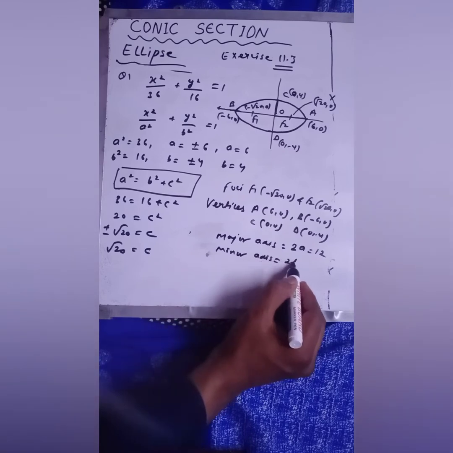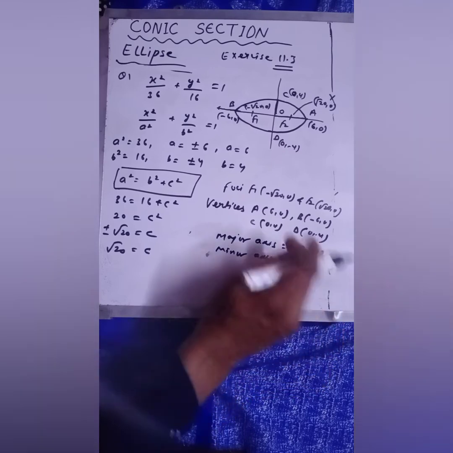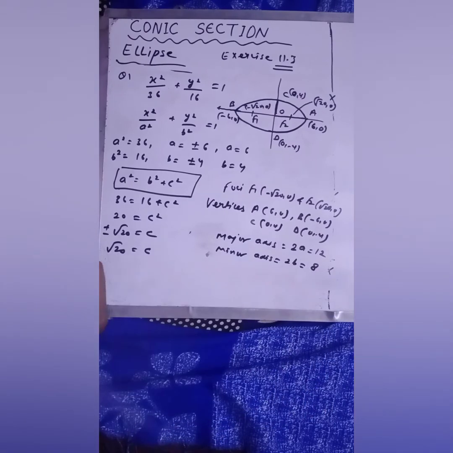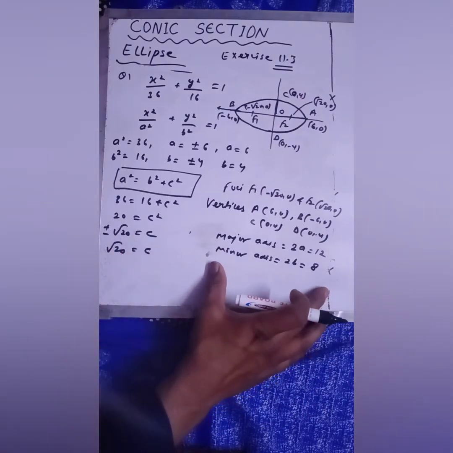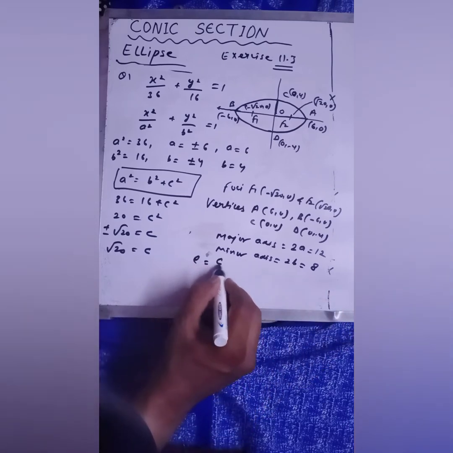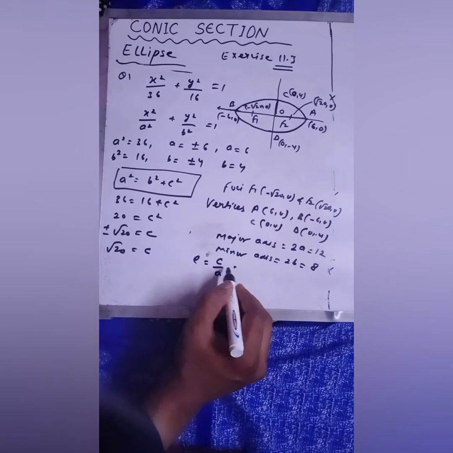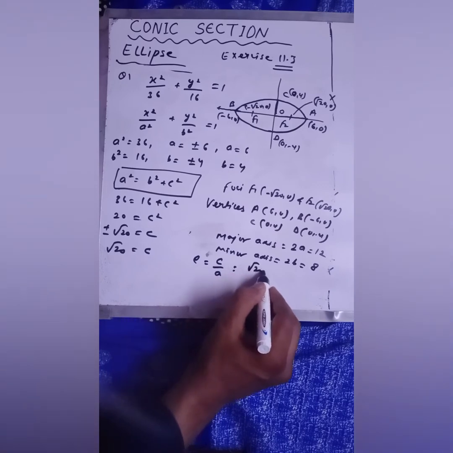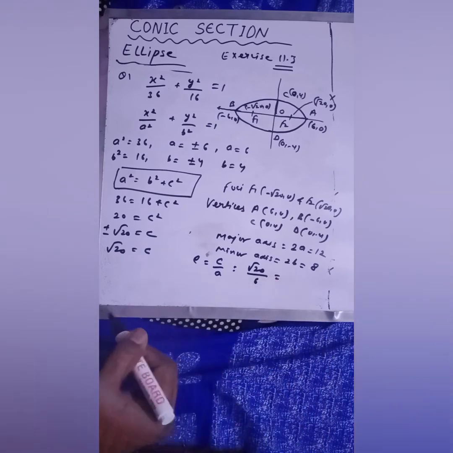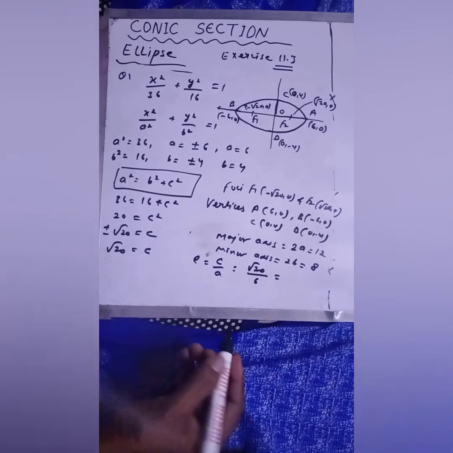Minor axis that is 2b, so b is your 4, so 2 into 4 that would be 8. Okay, समझ आ रहा है ना? एसेंट्रिसिटी निकालना बेटा, एसेंट्रिसिटी, as you know that e is equal to c by a. c क्या आ रहा है आपका √20, a आपका क्या आ रहा है 6। ओके।